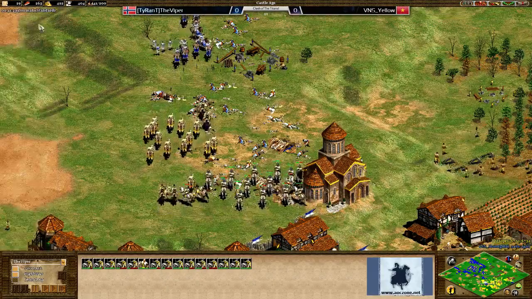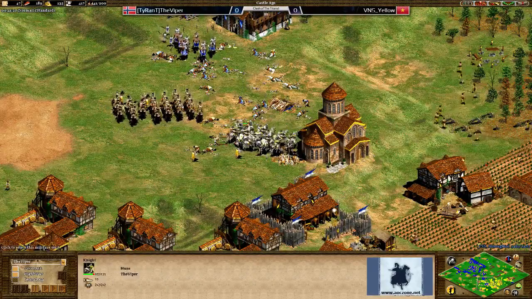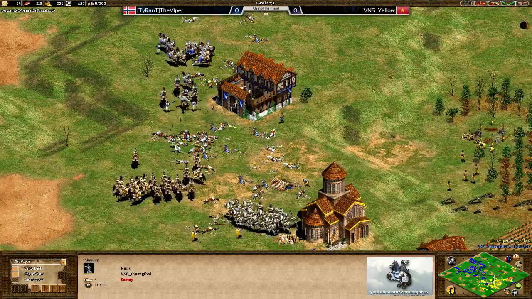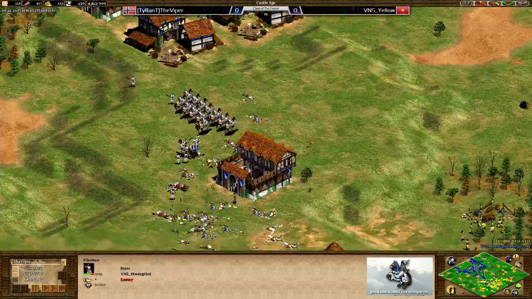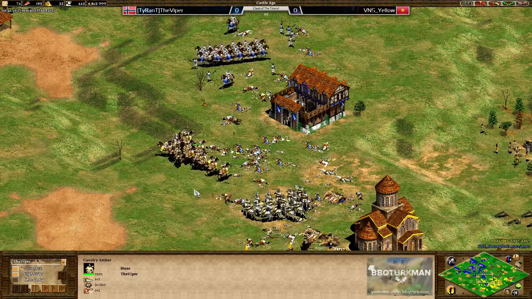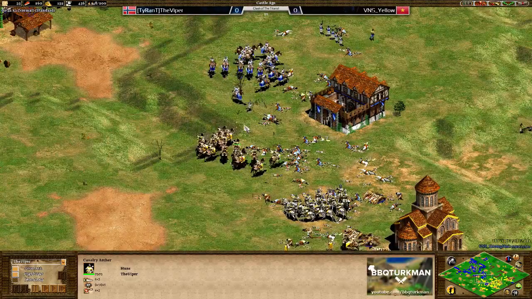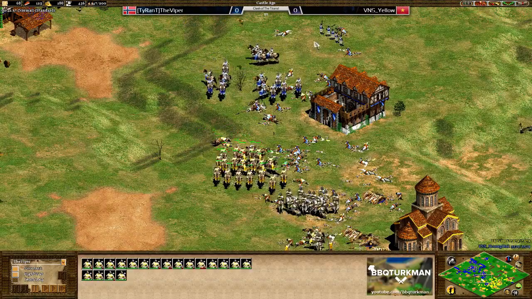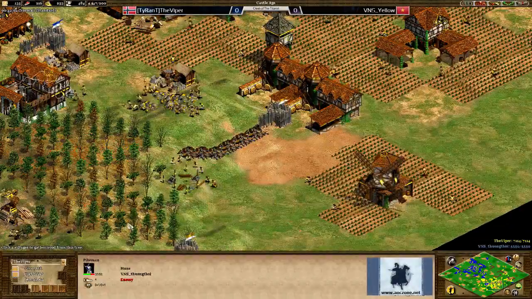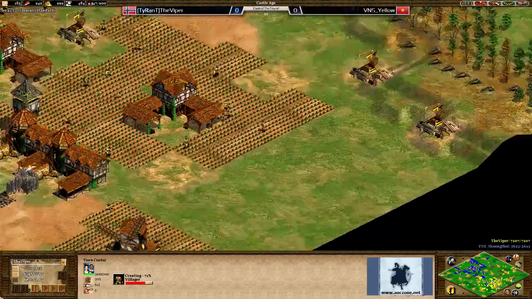That mangonel did so much damage to those cavalry archers, and the rams got taken out with little problem at all. Now, of course, the problem here for Yellow is that these pikes are going to get taken down extremely quickly by the Viper's cavalry archers. And, of course, that is going to make Viper's army pretty much superior. The pikemen can't actually get close at this stage. Viper's score a good 1,000 in the lead,